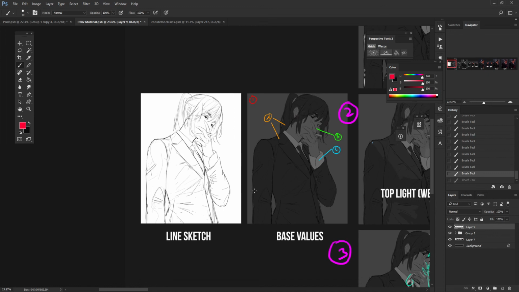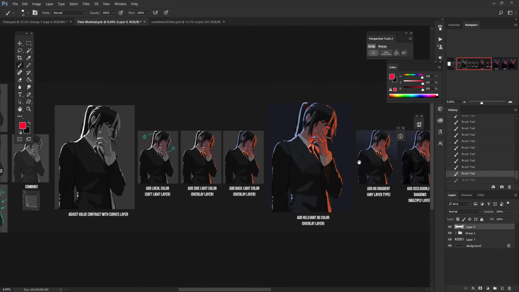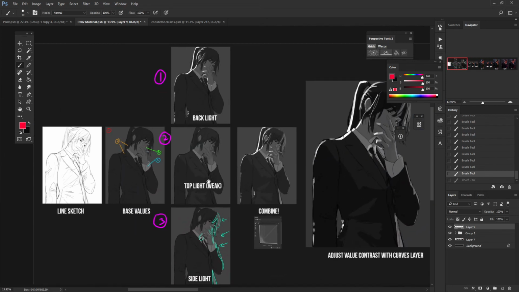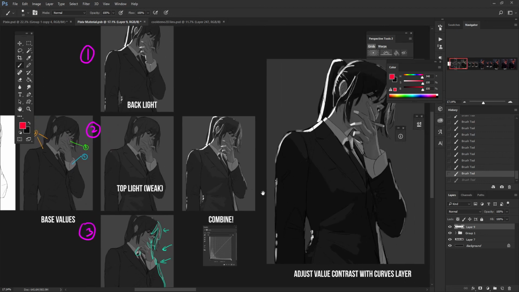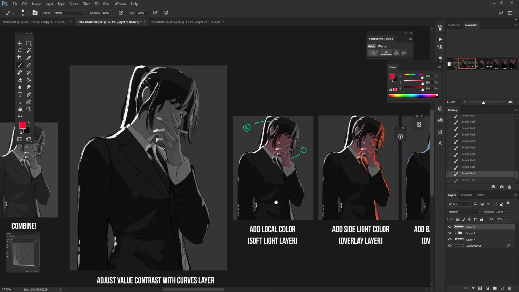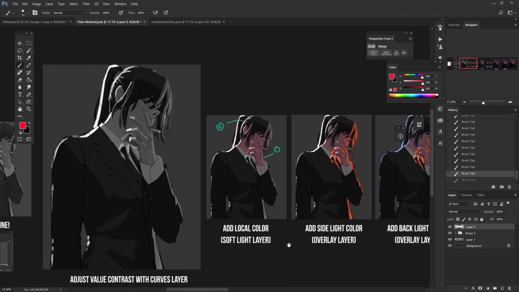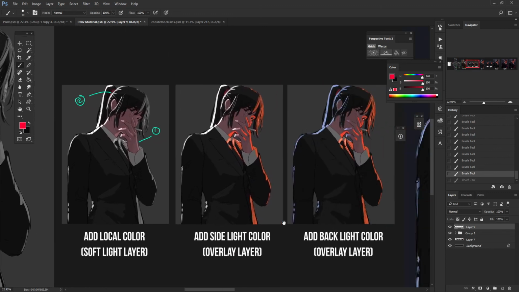So to go over the whole process a bit more simply, no worries, because all these images here are provided as well. We basically begin with a simple line sketch to present to ourselves our design, to make sure everything lines up. And then we add in the base values, account for each of our lighting setups separately, combine them, and make an adjustment to get closer to our final values. And then we add in some local colors to start filling them in. And then we add in some lighting color,